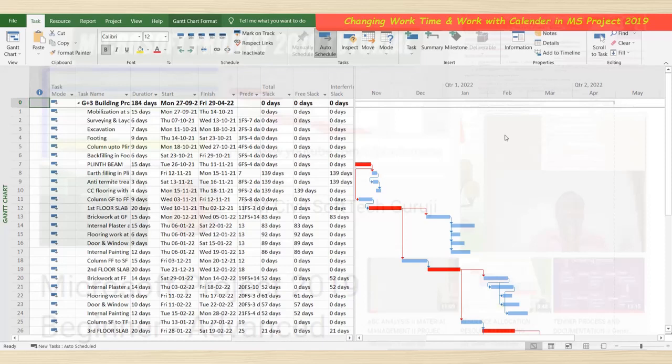Other than what we have learned, whatever different features and some key points in assigning resources. Whenever we assign resources, what are the key points we need to keep in mind, that we'll study.